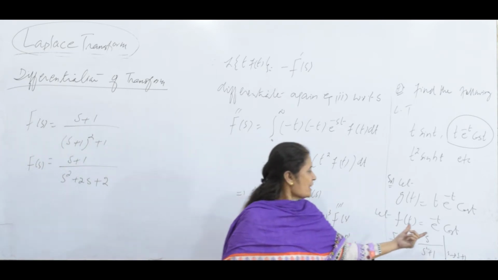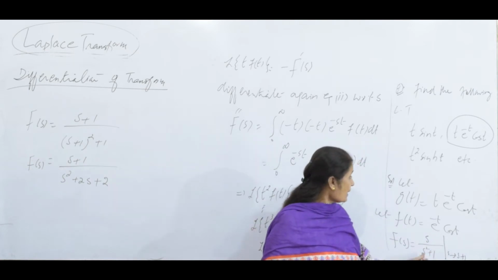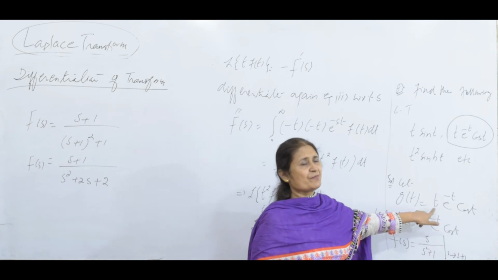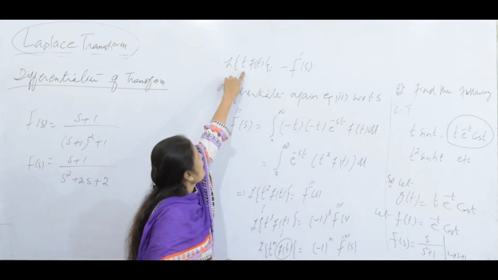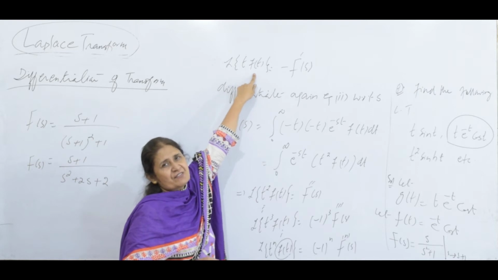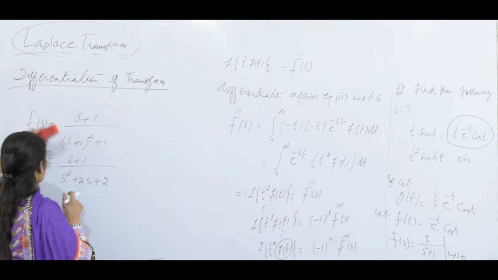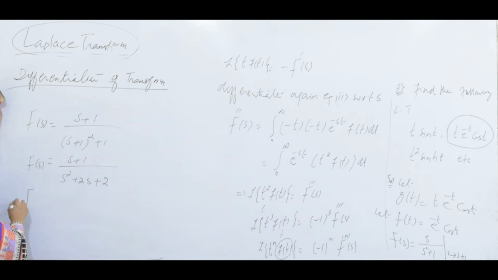We have chosen f of t, we find the Laplace transform of f of t. Now going back, t is there. If t is there, it means you have to find the derivative of the Laplace transform of f of t. Put a negative sign with it. I have F of s. Let me differentiate F dash s, which is